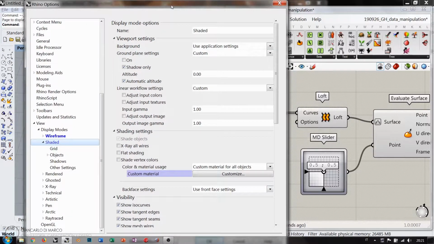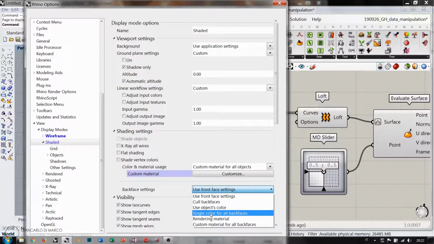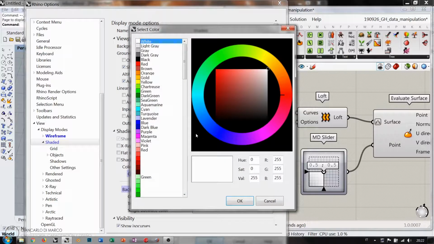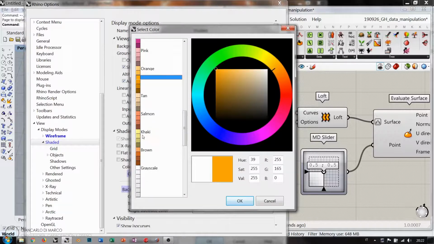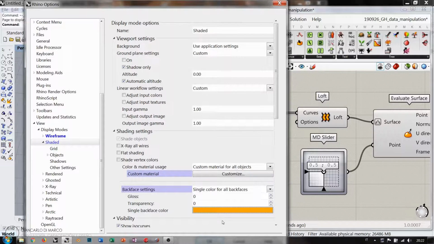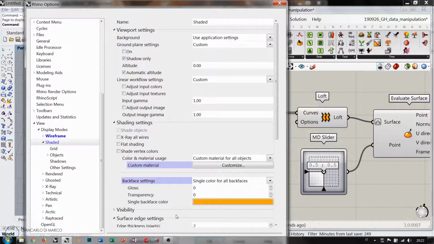Rhino and Grasshopper users is that you go into the shaded settings, and then you go into the back face settings, and instead of using front face settings, you switch to single color for all back faces, and just pick a color that you would never use as a diffuse color or visualization color for your objects, like for example some kind of orange or some kind of tan or khaki or whatever. Okay, so from now on, whenever I see a back face of a surface, it will be displayed using this orange color. So let me go,